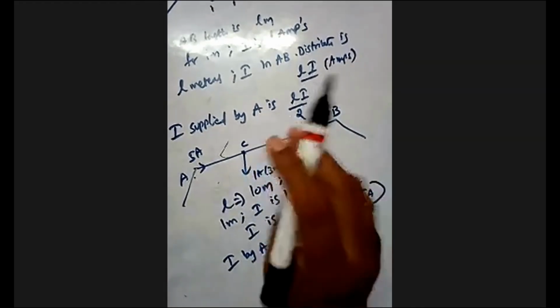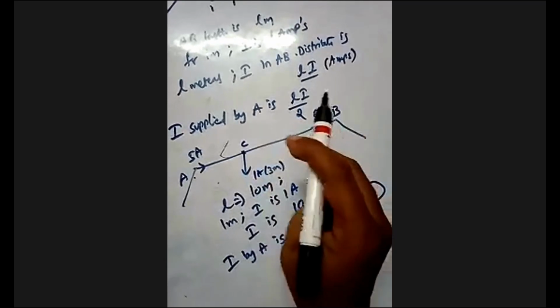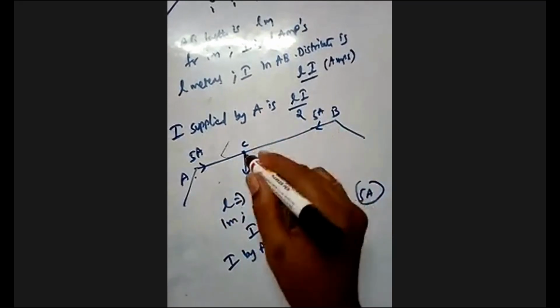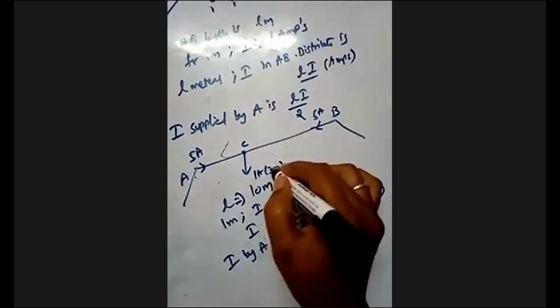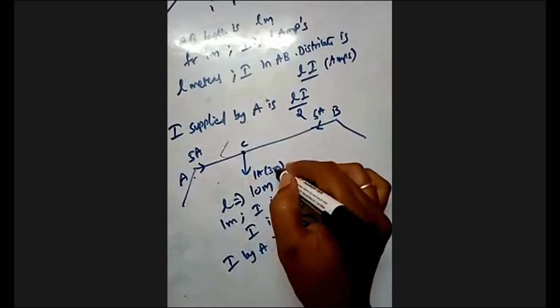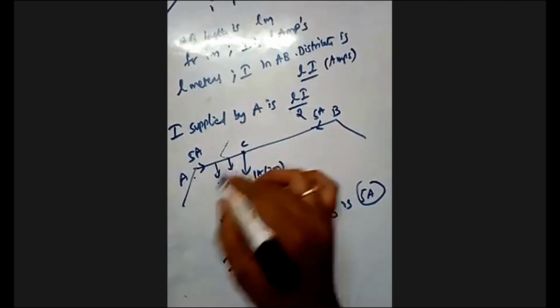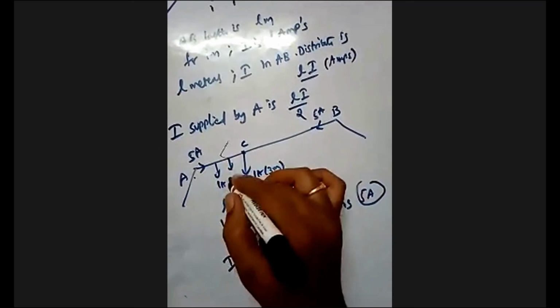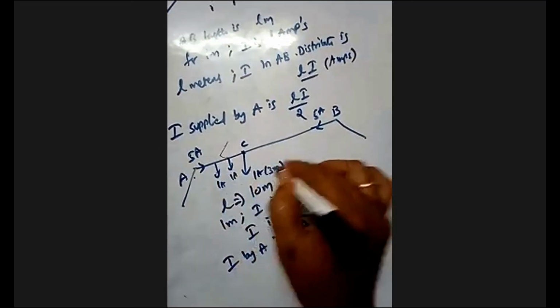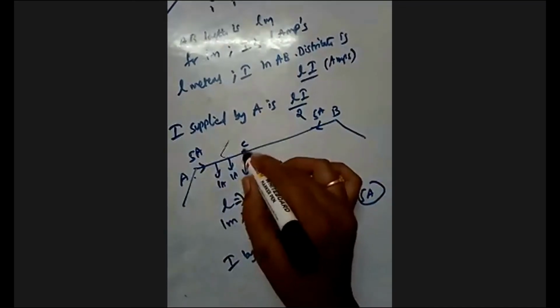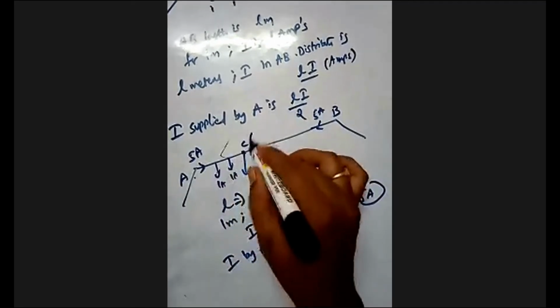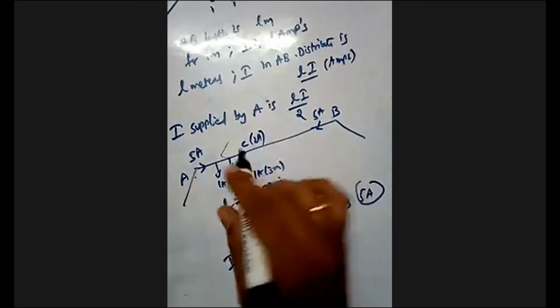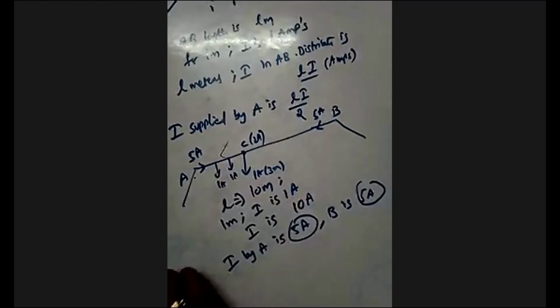At C, suppose we draw a current of 1 amp. I mean, sorry, for every 1 meter we assumed 1 amp, and this is at 3 meters. So 1 amp is delivered here, 1 amp here, and 1 amp here. The current at this point C is 3 minus 1, 2, 3, so the remaining is 2 amps. I think you got the point, right?